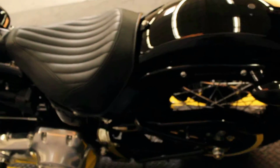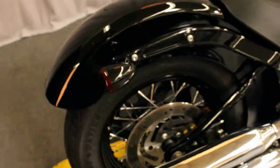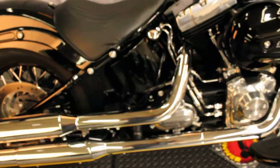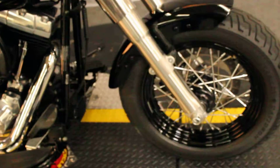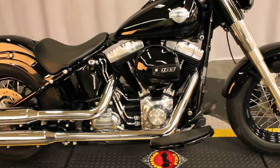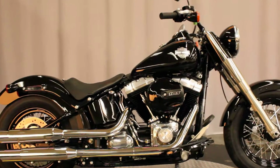754 miles as of this moment. This particular specimen in color vivid black. It's a 2016, so it has the 103 cubic inch V-twin engine, 6-speed transmission, and seriously, almost zero wear and tear with 754 miles and priced at $15,500, and is available for test rides 7 days